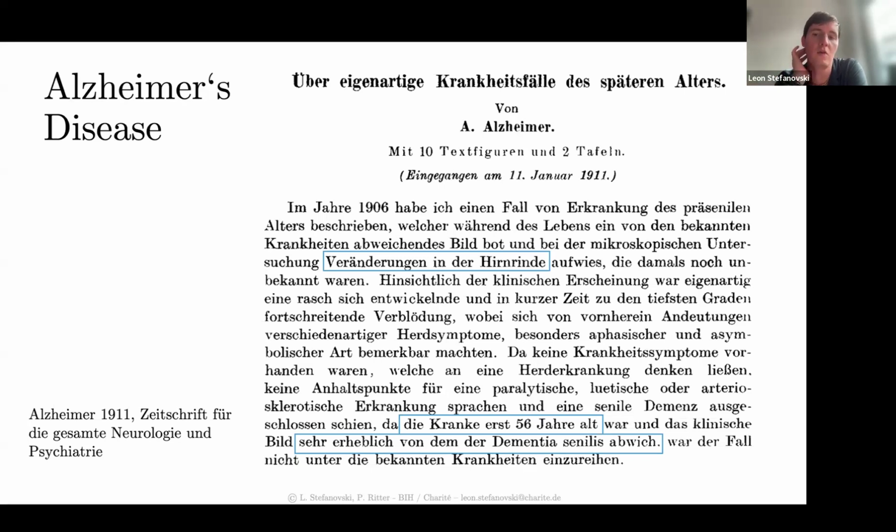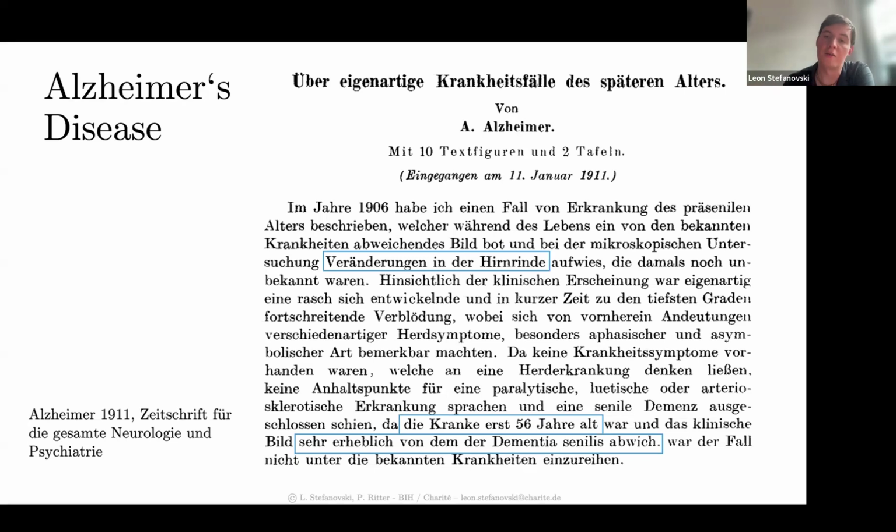If people got old, then it was just accepted that they also had a loss in cognitive function. And he observed the same in the case of a woman who was not so old. She was just 56 years old and had a very fast progression of